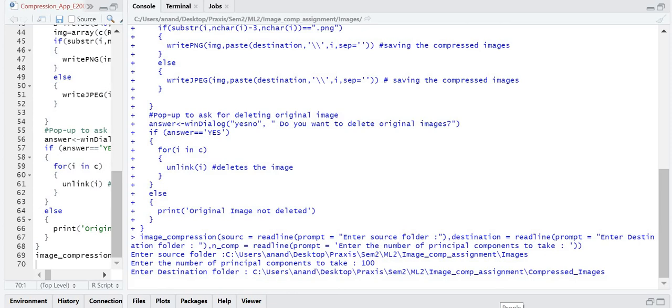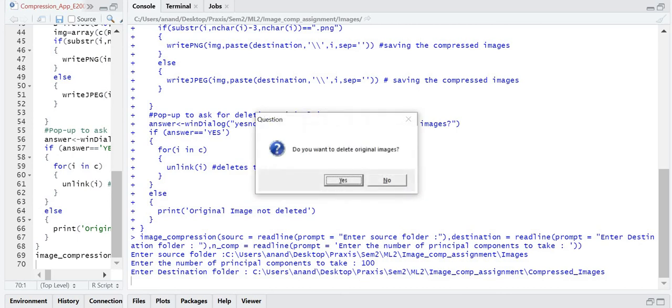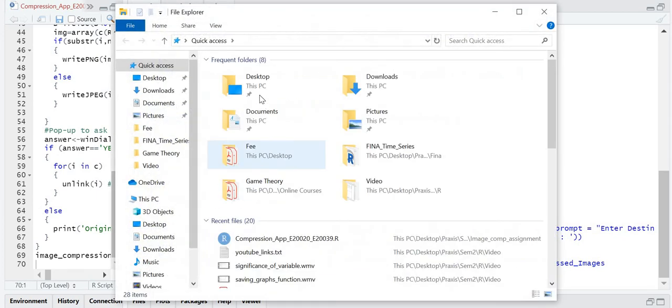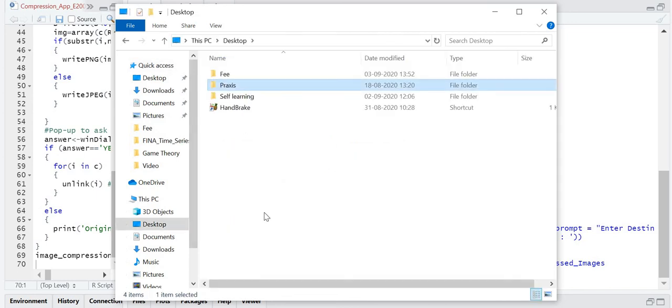And the code is running. It might take a few seconds because there are a couple of images. Oh, now the program has finished and it is asking whether I have to delete the original images or not. I'm giving no. Okay, now let's see whether the images are created in the destination folder or not.